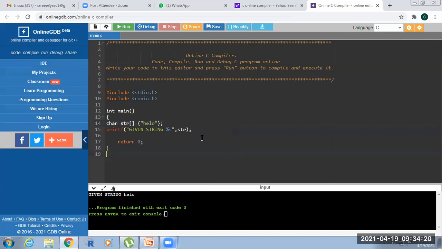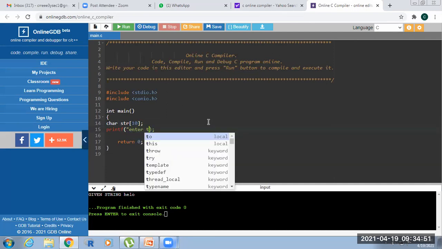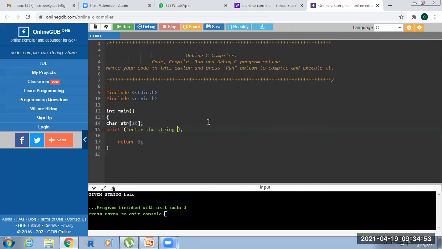Okay. If you want to give your own value for the string, see here, I am using the array size as 10. So printf, enter the string you want.